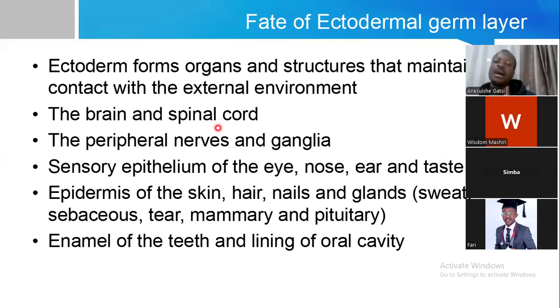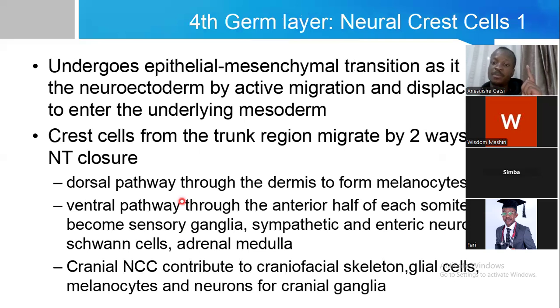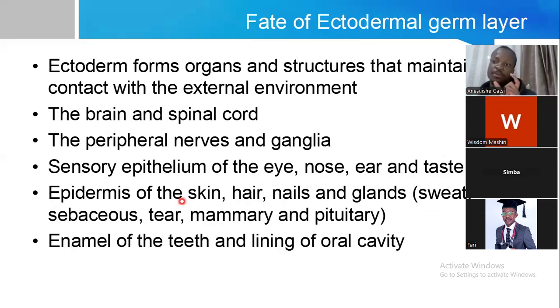Then when you now want to look at the specifics of the ectoderm, remember we now have three structures. We now have a neural plate, which becomes the neural tube. We now have neural crest cells. We now have surface ectoderm. So the surface ectoderm forms the epidermis of the skin. Remember, skin is going to have two layers, epidermis and the dermis. So the epidermis is the one that is going to come from the surface ectoderm layer, right? Then, sorry about that. Then the neural tube,